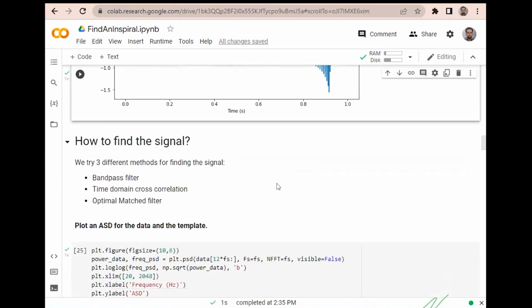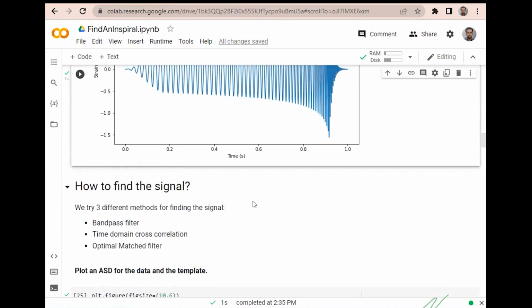Okay, so now the thing is how we can find the signal once we have data. We can try these three methods. First is just to band pass filter, because there might be some frequencies in our data which are of no use for our case. So we can remove the unnecessary frequencies,